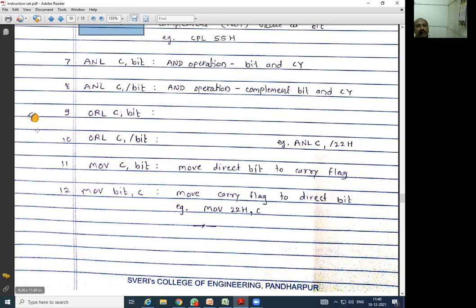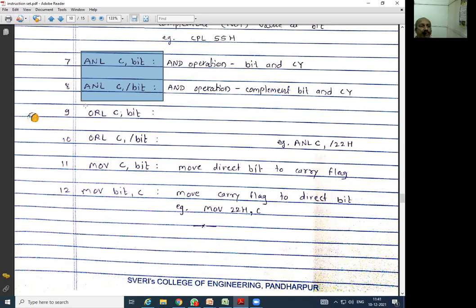So for this, these two Boolean instructions are there. ANDing we have already seen in logical operations, but here it is the ANDing between two bits. Otherwise you would wonder how the same instruction comes in two places. So the operation is ANDing, but this instruction is different from what we have seen in the logical operations. So that is a different one.